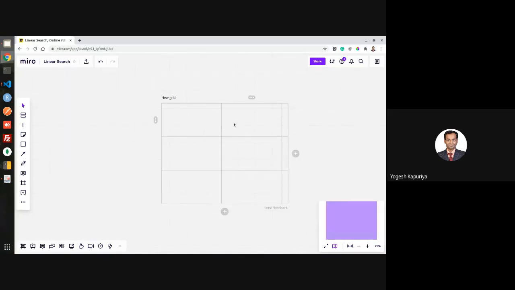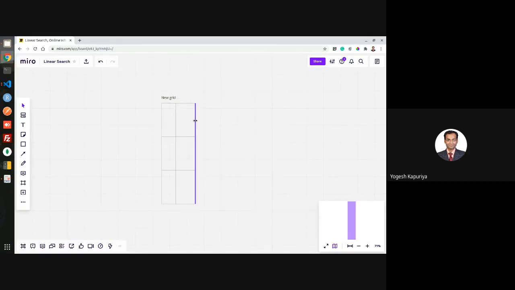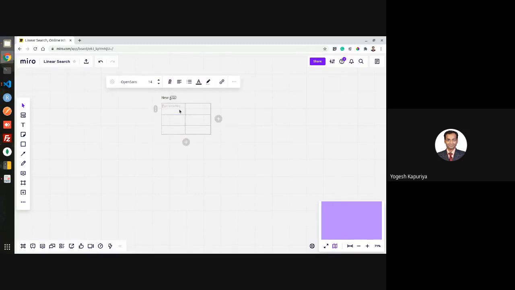Your actual memory is always sequential, as you know. It's something like this. It has two things: one is an address part, and second is the content. Let us assume that this is your memory. This first column indicates the address part, which has some value, and this is your actual content where you are storing some value.